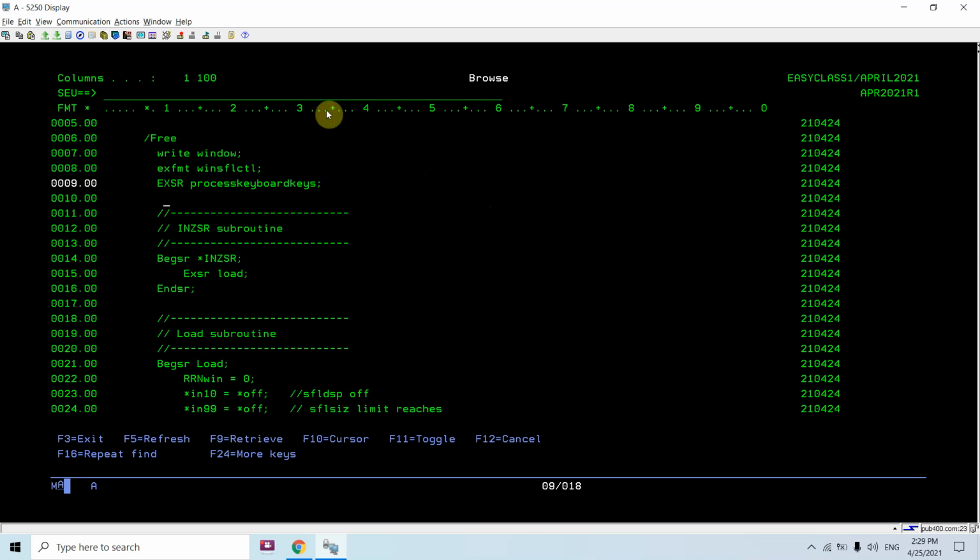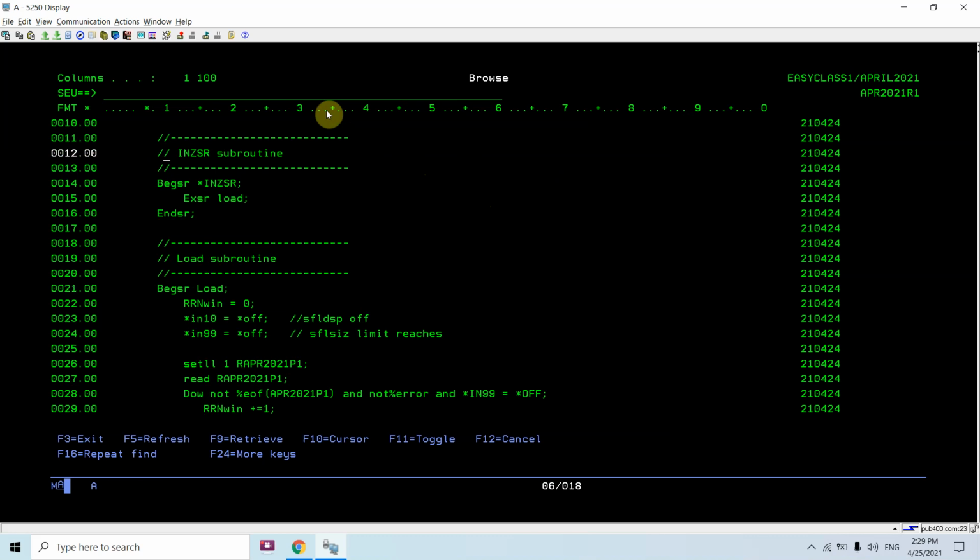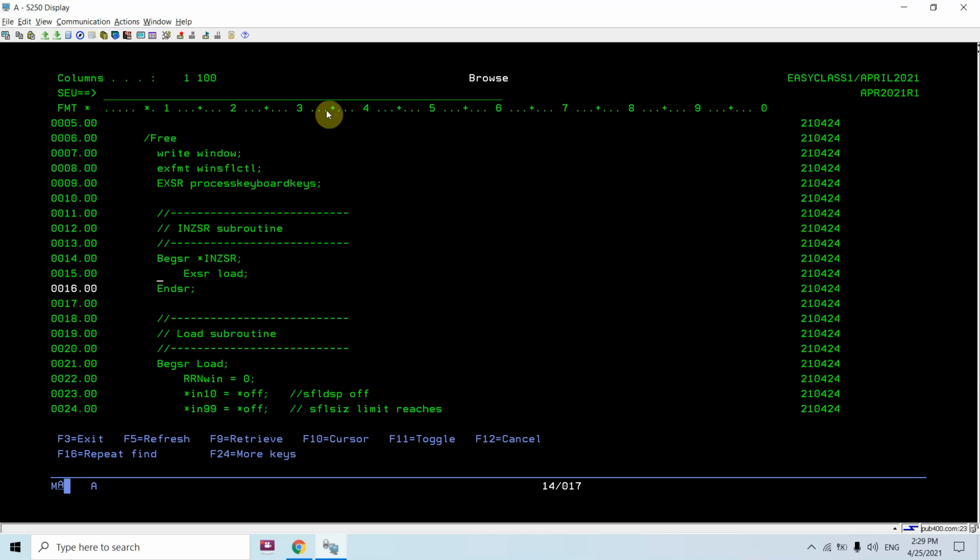Now the first thing, as we all know, in the subfile we need to load the subfile. That portion I always recommend should go into the initialization subroutine, so that the subfile is loaded in the initialization itself, because we don't need to call this subroutine again and again.